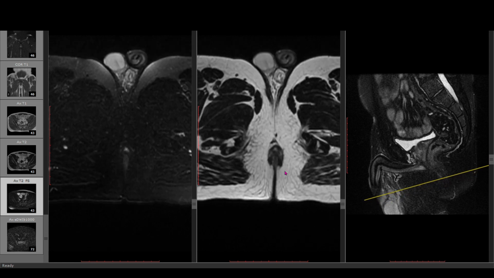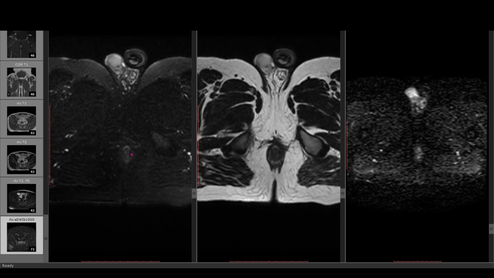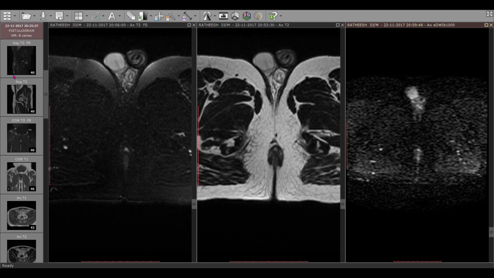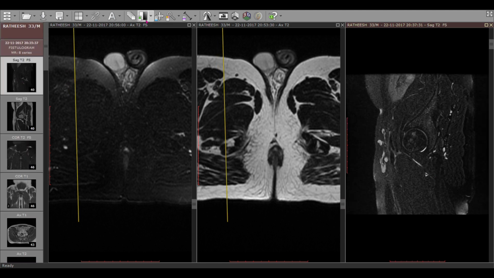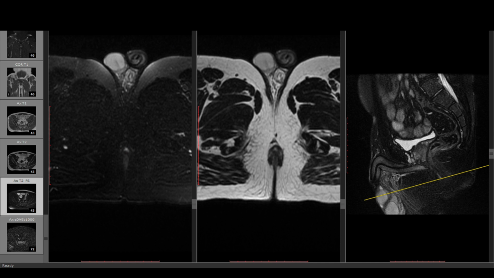When you come inside, you can see there is a track here, and there is no internal opening in this particular case. So this is an intersphincteric short track, which you can see better in SAG images. I'll show you using the 3D cursor tool, which is very useful in Radiant. You can also try that. You can select it from the measurements menu, select your 3D cursor, or just press the button Q. So this is the track location.